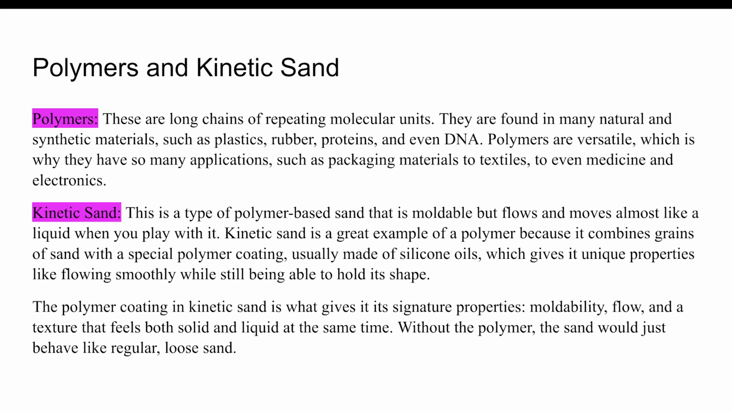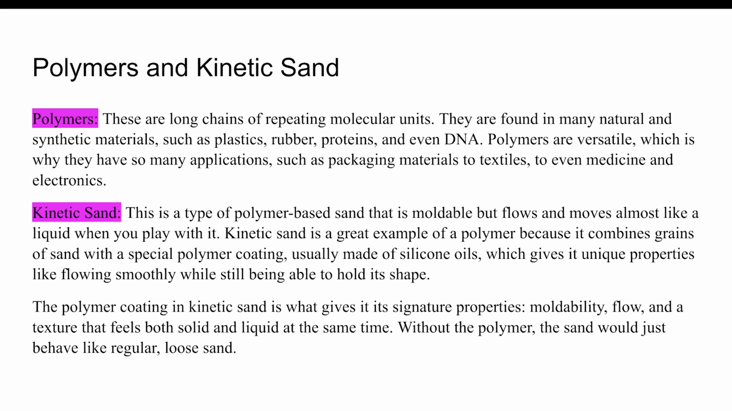Kinetic sand is a type of polymer-based sand that is moldable but flows and moves almost like a liquid when you play with it. Kinetic sand is a great example of a polymer because it combines grains of sand with a special polymer coating, usually made of silicone oils, which gives it its unique properties like flowing smoothly while still being able to hold